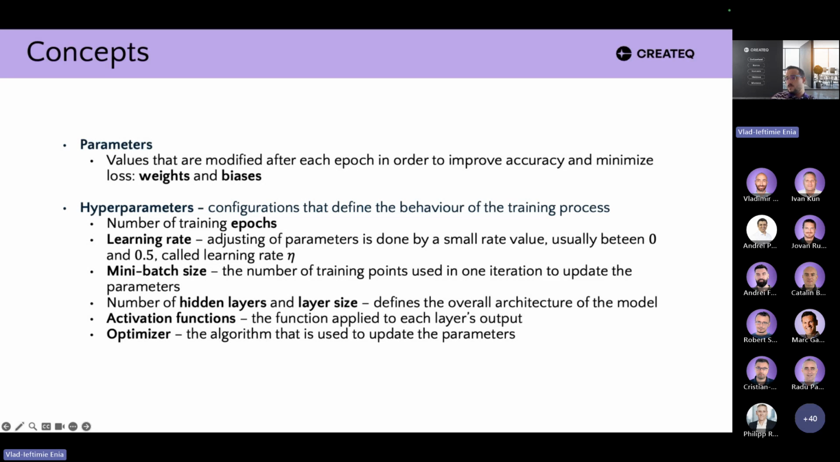Hyperparameters also include the number of hidden layers and the layer size, which basically define the shape of the model or the network. Hyperparameters also include the list of activation functions. Usually we have the same activation function on one layer, and then we can use different activation functions on each layer. Like I showed you on Tuesday, for example, the output layer usually uses